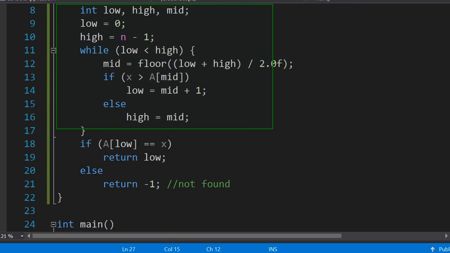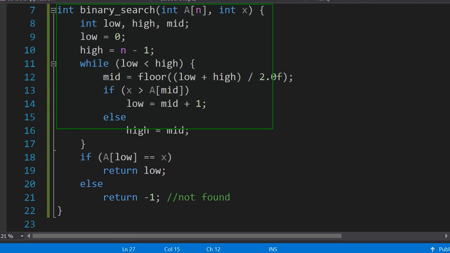And as you can see, we could directly translate that from its pseudocode